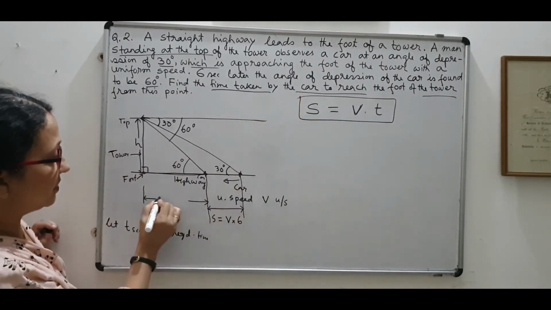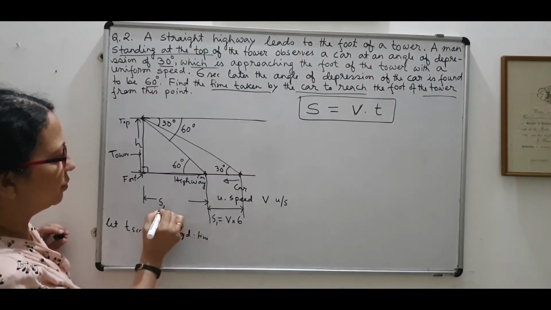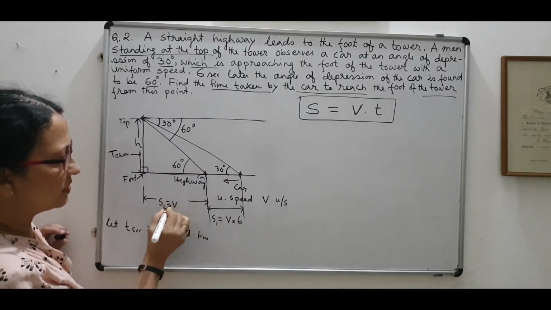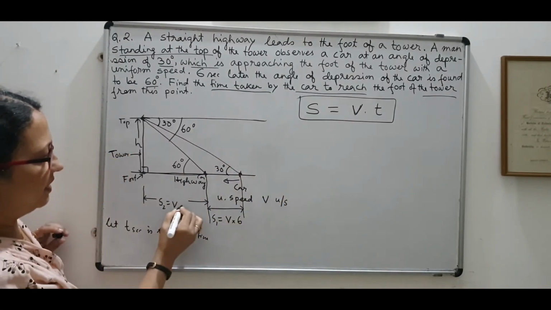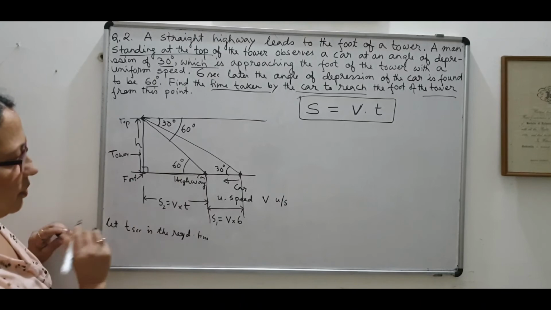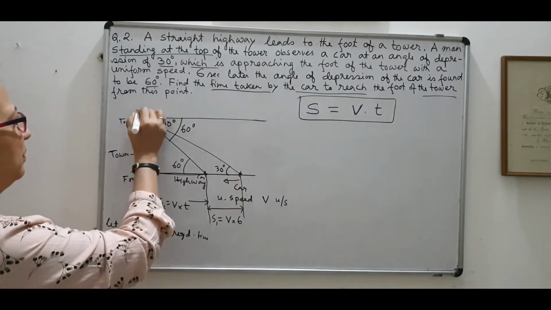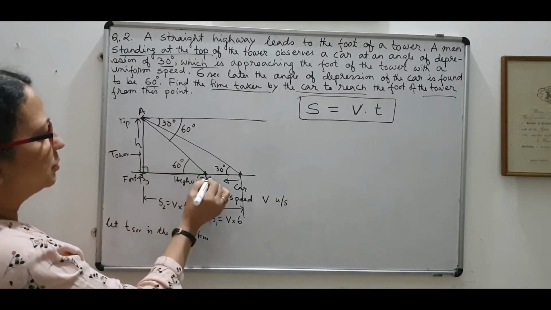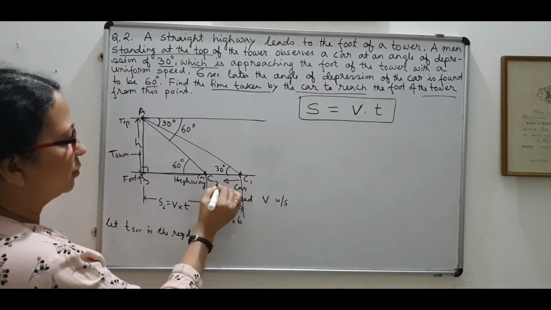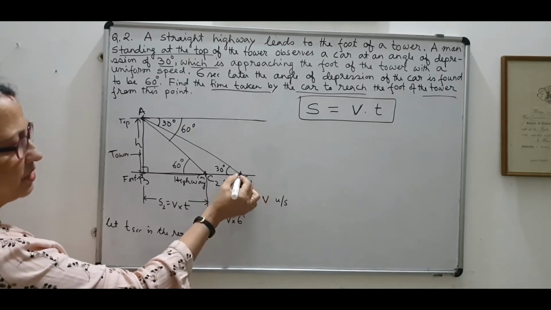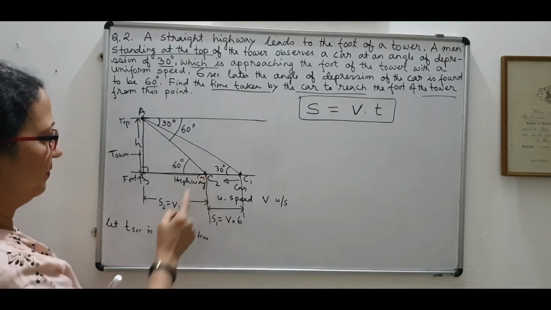So this distance will be, say this is s1, and this s2 will be, speed is the same, constant speed v that I have written, v unit per second, and the time is now t. So this I can write down. Let me give names, it will be better. Say A, B, this point is C, and this is C1, this is C2. C1 is the initial position of the car, and C2 is the position of the car after 6 seconds.